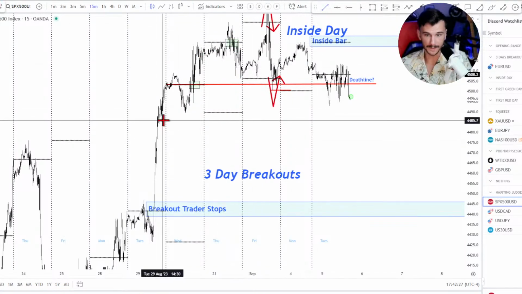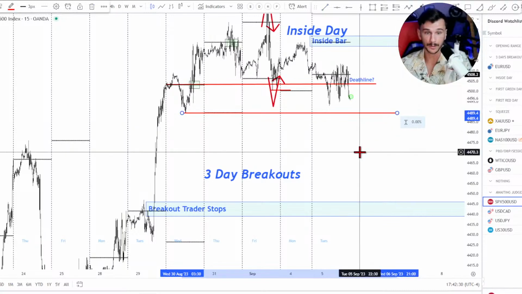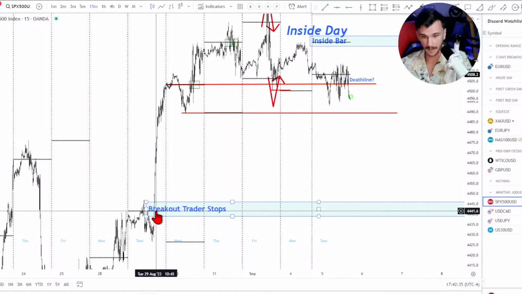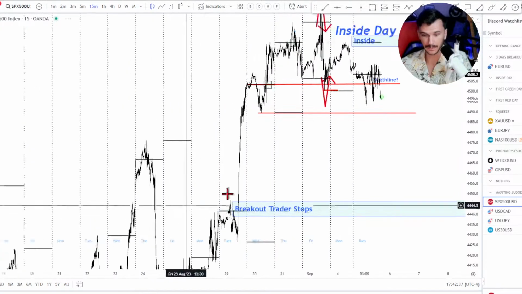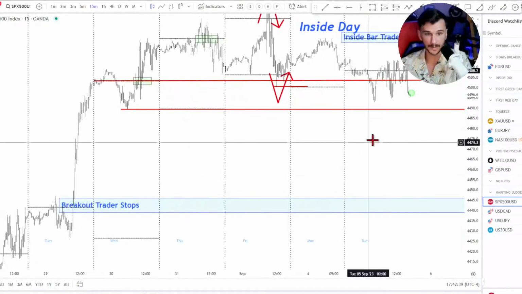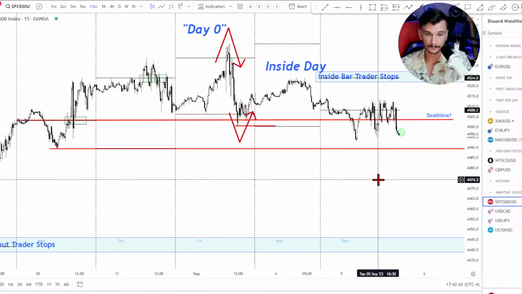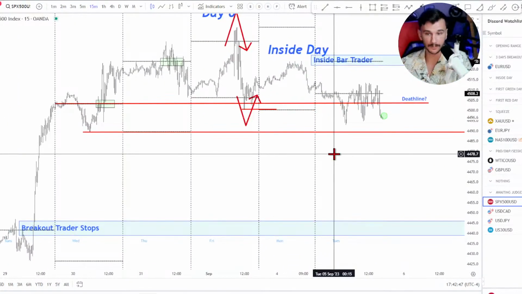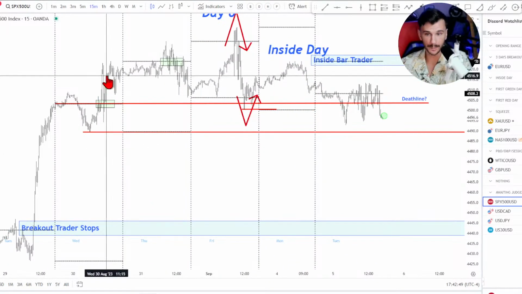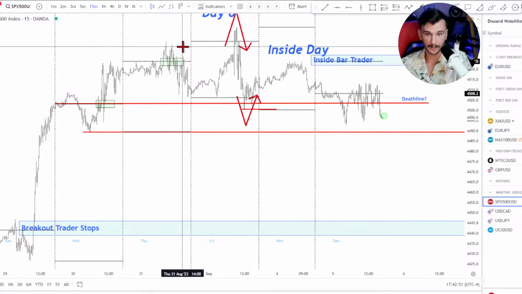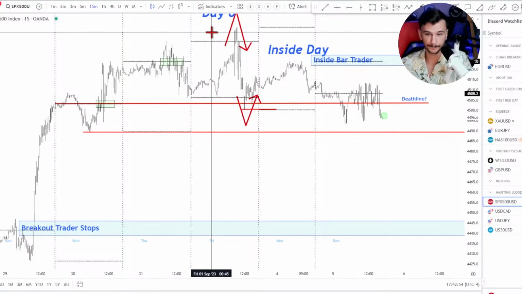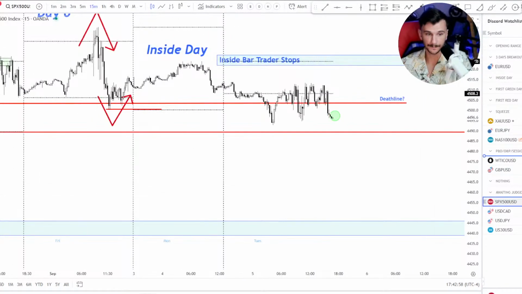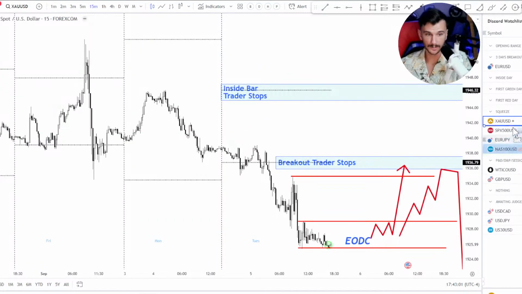I think at a minimum it has to, I'm not going to say it's going to have to, but I've still got these breakout trader stops down here. This guy is still in profit. Like I said, he's jumping up and down, waving his money around. This is all of the information I need right here. Low, high, one higher, higher. Be good with this. I'm going to put this up into squeeze. Put this with the NASDAQ.